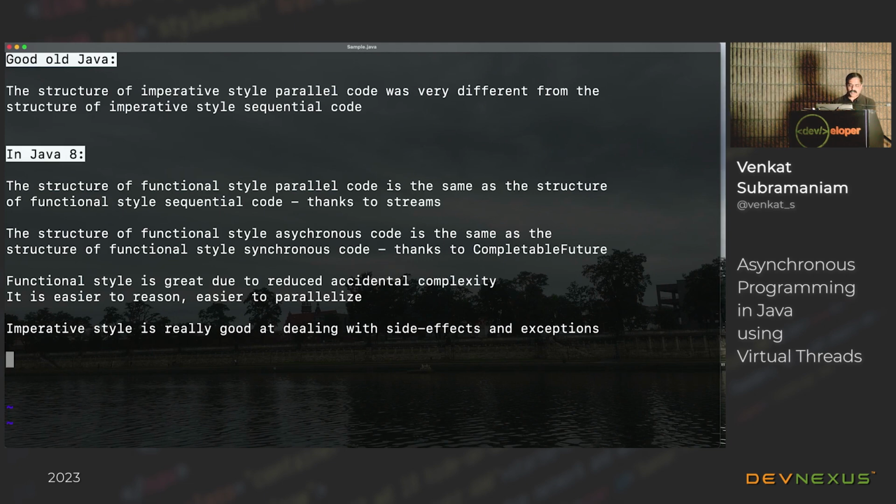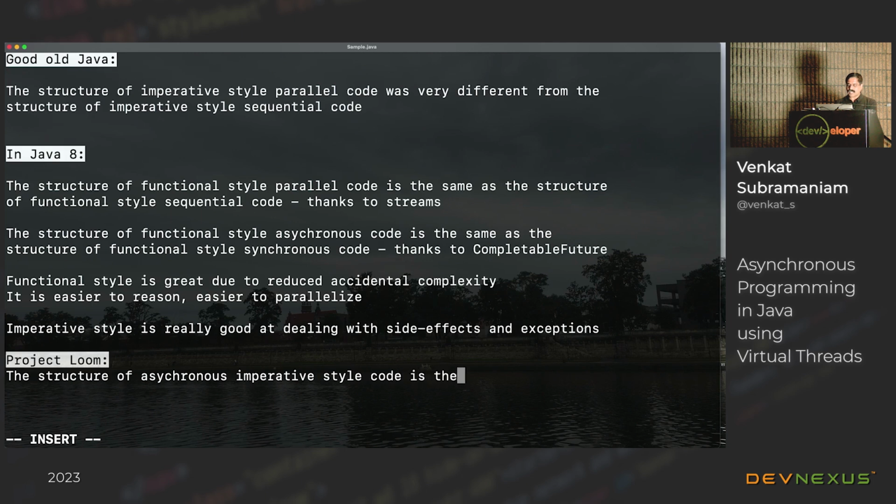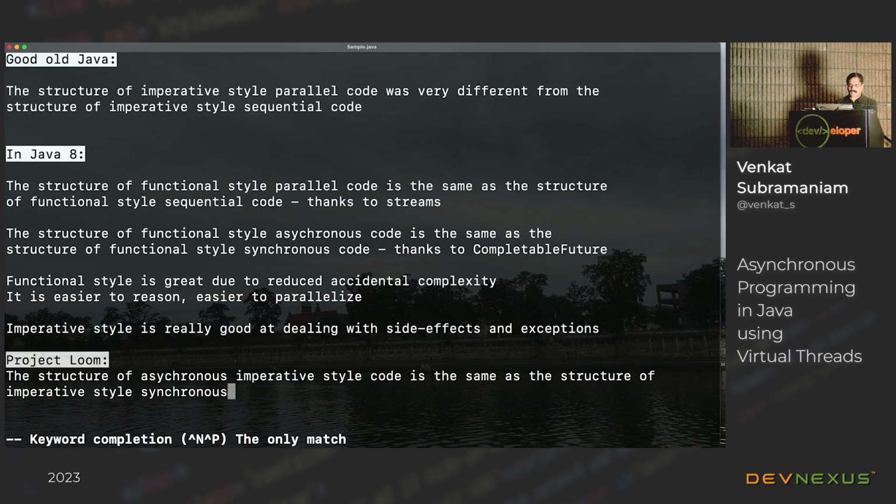With virtual threads, we'll simply call it Project Loom. What did Project Loom do for us? Project Loom, not a question mark, but a colon, and guess what? The structure of asynchronous imperative style code is the same as the structure of synchronous imperative style code.